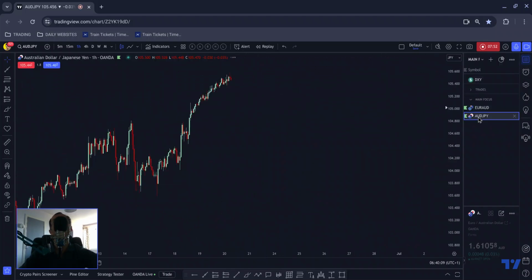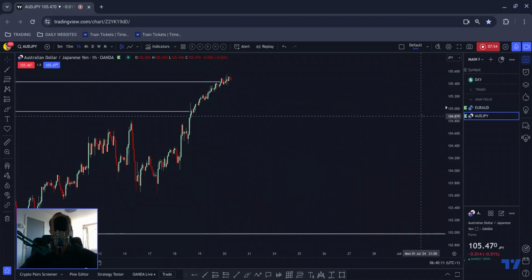So next up is Aussie Yen. One of the reasons this is lower down on the list: if Euro Aussie is moving to the upside, then that adds weight to the theory that Aussie Yen might be pushing lower. Of course, there are other factors at play in that. But